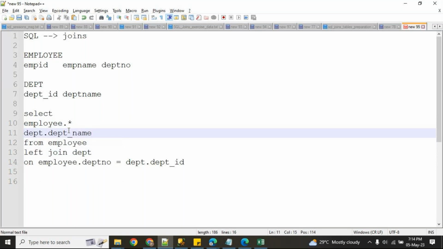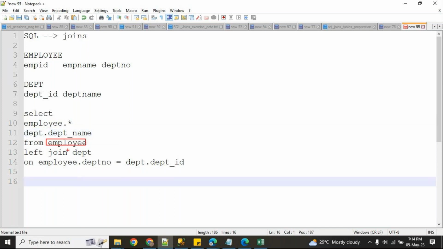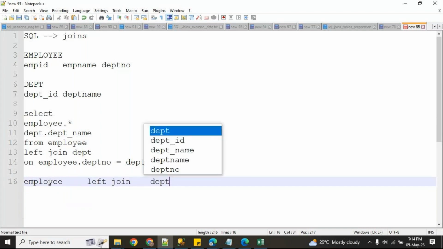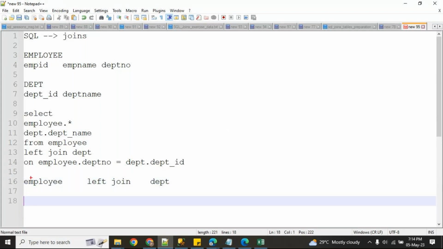Okay. So here guys, the important thing is when you are using left join, what will happen is all the left side data you will get.